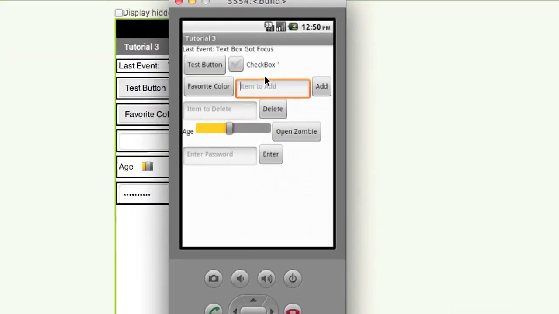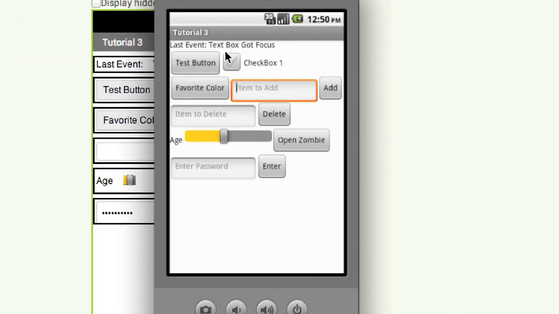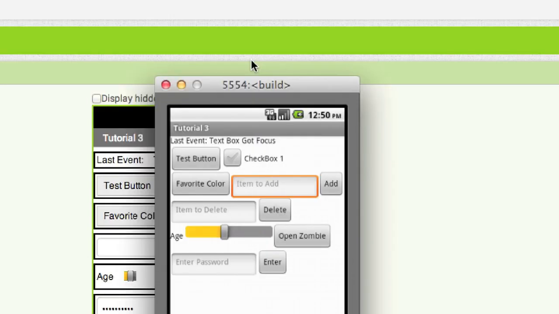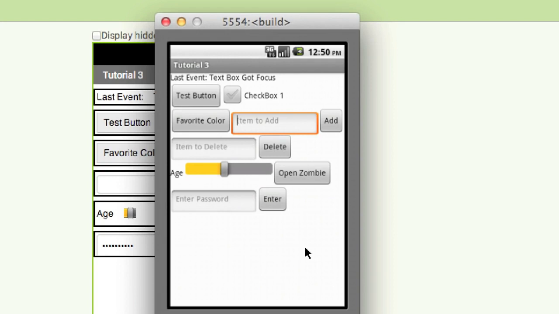This is the application we're going to be making in this tutorial. I'm sure it's a little bit blurry because this is the emulator, and the emulator is a little bit blurry. But basically, we're just going to have this up here, and what this is going to do is track events. So when this button gets clicked, it's going to play a zombie sound, and it's going to show button clicked. Whenever the checkbox is clicked, it's going to say, hey, the checkbox has been changed to true, and now it's